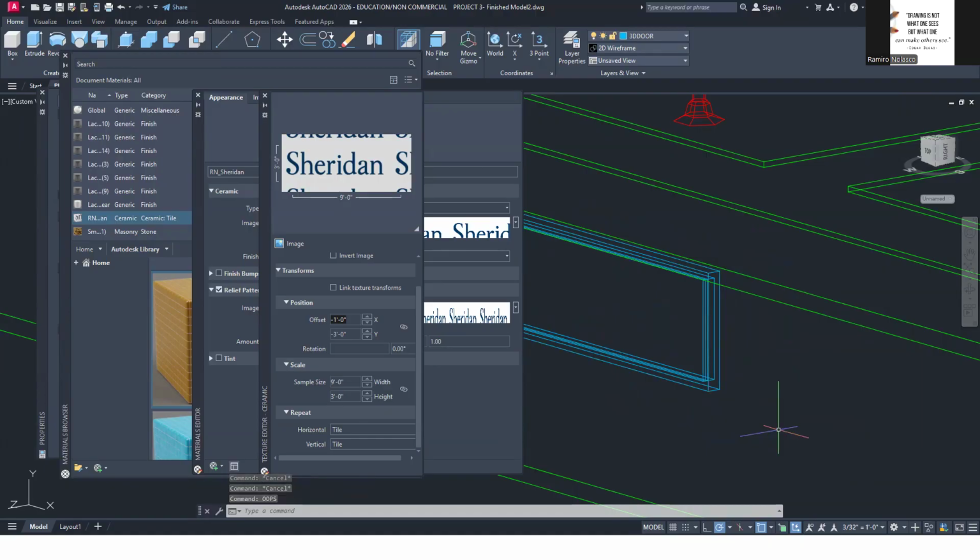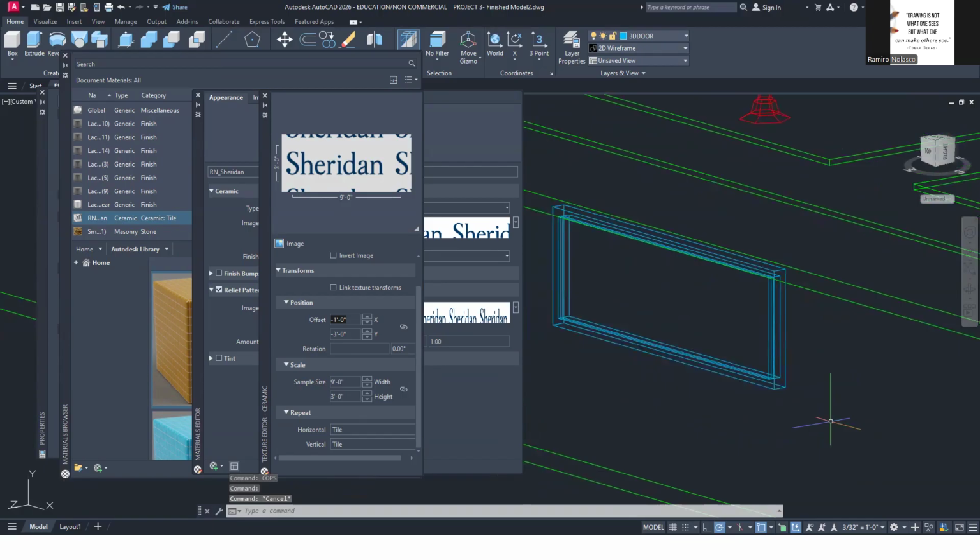So instead of hiding layers, sometimes I use that technique. But do use the oops command immediately. Otherwise, if you erase another object, this will be gone forever unless you do an undo. Okay? So now that we have this, maybe I'd like to erase it again, erase that, and now apply this.